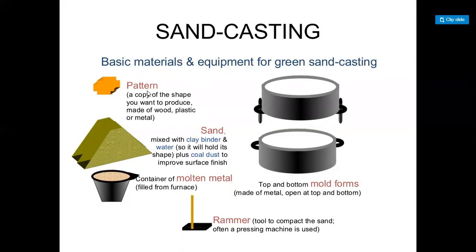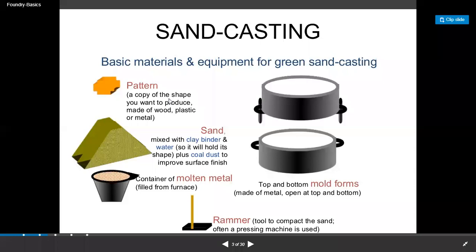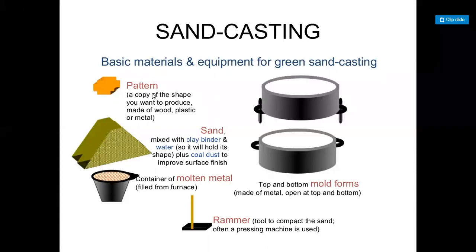After making the pattern, what are the different steps involved? We will discuss later. There are different types of patterns also. Okay, we will discuss that later. You can see only the first pattern. What is a pattern? It can be made of wood, plastic, iron or aluminum. After making the pattern, what can we do?